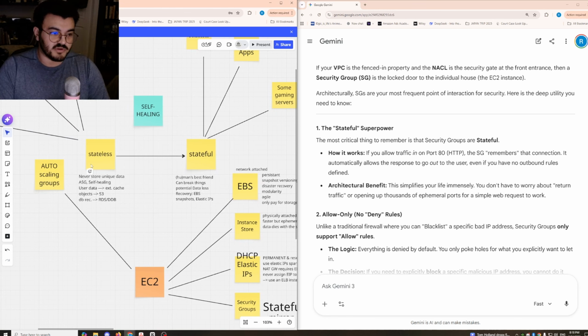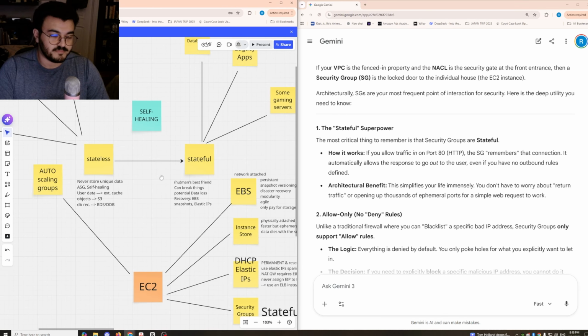EC2s can be configured as either stateless or stateful. Stateful meaning that the information on the EC2 server is very important, and if the server goes down, then you can have data loss, and you're going to have to go through your Elastic Block Store snapshots to restore your server.